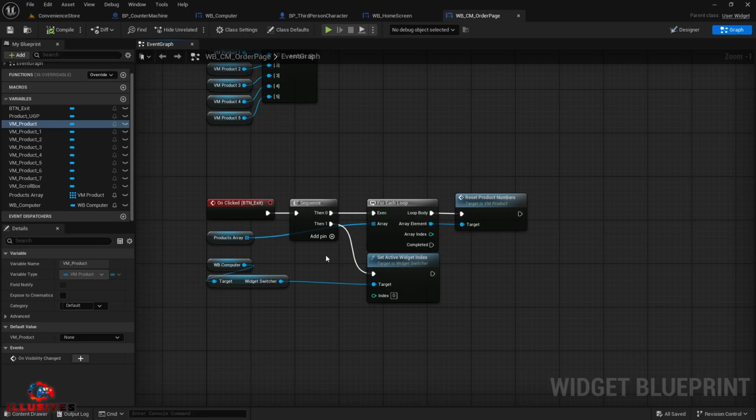So when we click the exit button, for all the products we have, it will call our reset product number, so that when we are exiting this page, all our products can be reset to how we saw them at the very beginning. And then in sequence index 2, from the WB computer, just call the widget switcher,